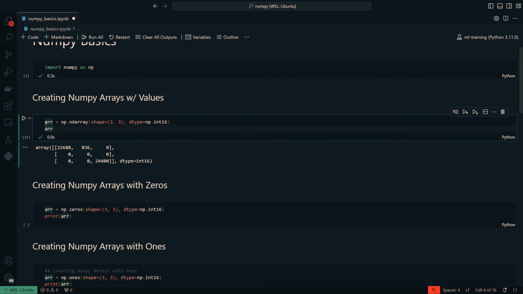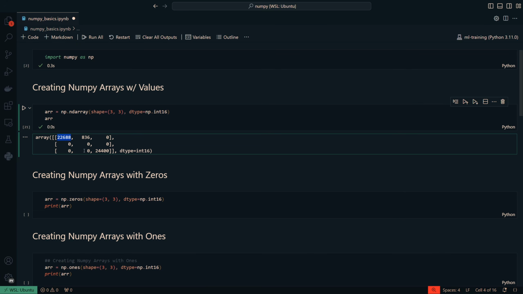So that's our first way of creating a Numpy array with some values. It just kind of sets some values here. It doesn't really do anything. You have to overwrite the values and set them yourself. But what if you don't want to have these random values just scattered in your Numpy array? Well, what you can do is